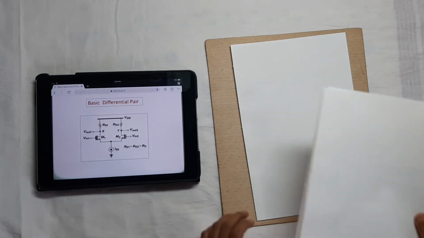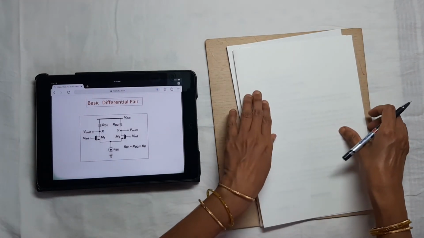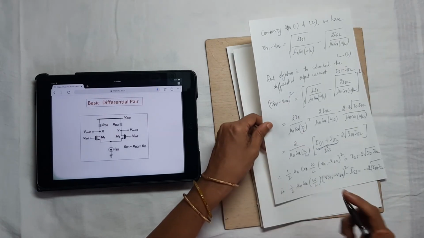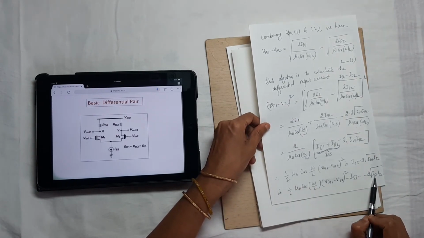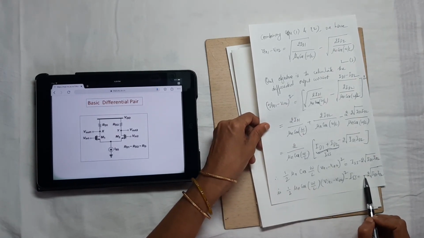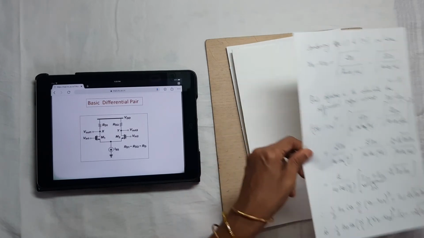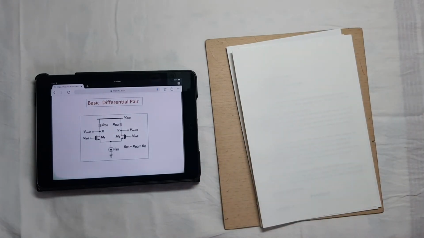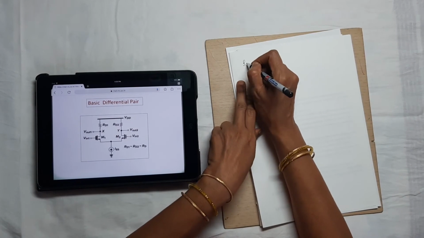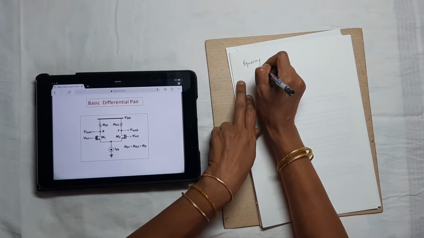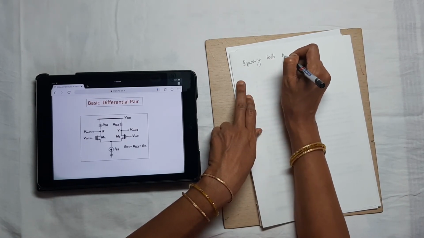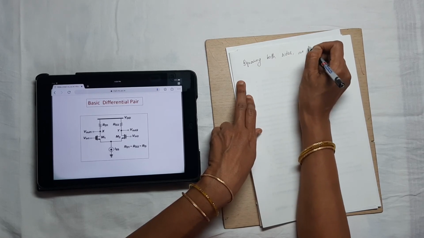It is just a mathematical simplification now. What we do here is we square both sides so that we will get rid of this minus sign. Squaring both sides, we have